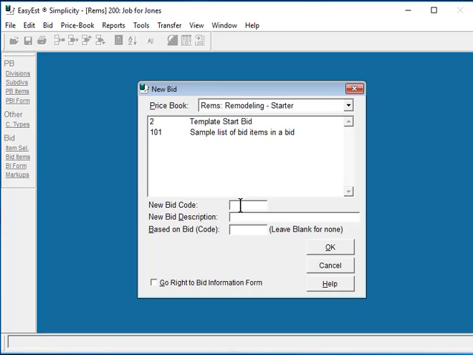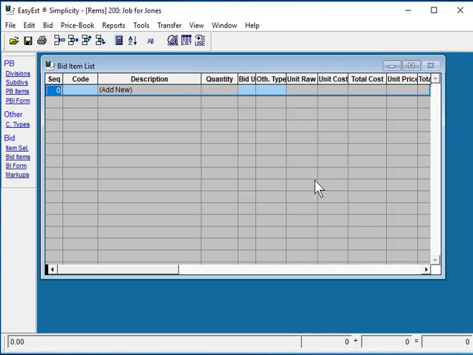You can choose the bid code. We're going to just put 200 in here. And also we're going to call it Job for Jones and click OK. You have a blank screen. You can start by simply typing